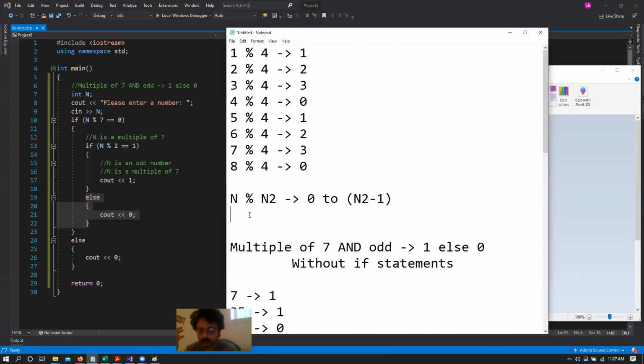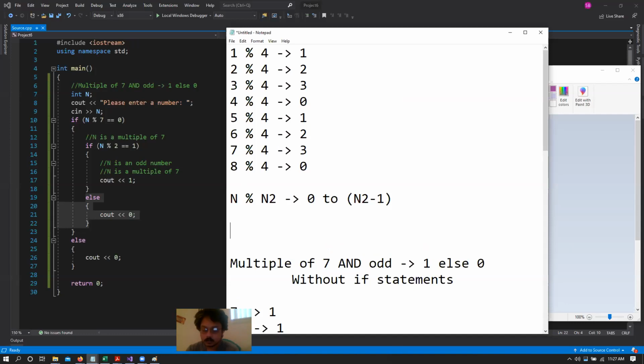So when I say integer division, I mean that both of those numbers on the left hand side and the right hand side, so 8, 4 or 7, 4 or whatever, have to be integer numbers. So what would happen if I performed 42.0 mod of 7? Would this work or would this not work?